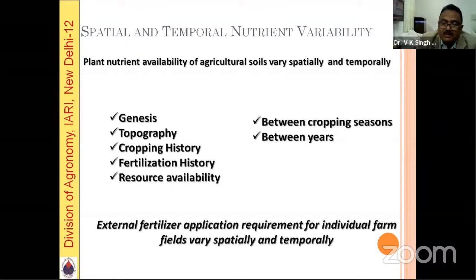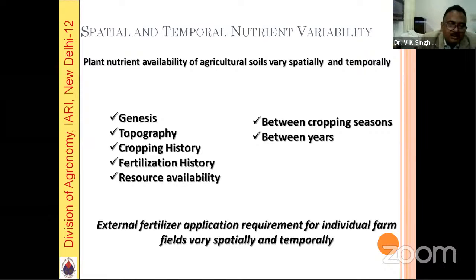Fertilization history. There are reports that once you have applied phosphorus to the previous crop, particularly in wheat season, it need not be renewed for rice, if it was applied in sufficient quantity. So fertilization history is also important. Micronutrients, whatever we are applying, have to be applied once in a year, not to all the crops. So that is another important factor. Then resources, meaning your irrigation water and your other management practices, and these govern nutrient availability.